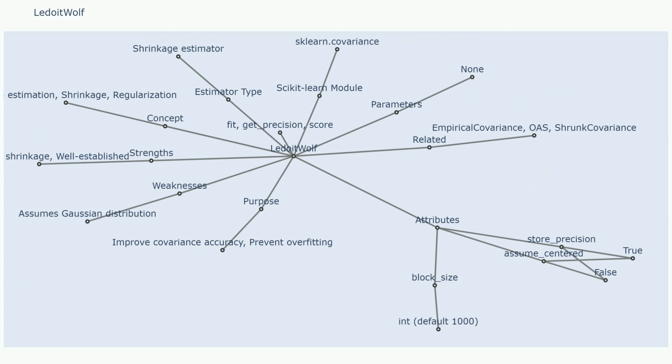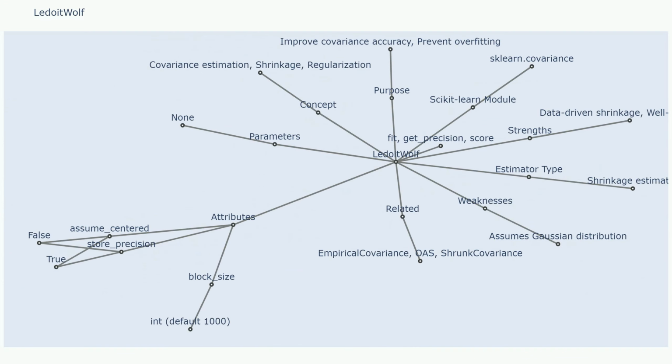Store precision specifies whether the precision matrix, the inverse of the covariance matrix, will be computed and stored. If true, it will be stored in the precision attribute. Tolerance for the stopping criterion of the optimization algorithm used to compute the shrinkage parameter. The LedoitWolf function returns a LedoitWolf object, which has several attributes that can be accessed after the estimator has been